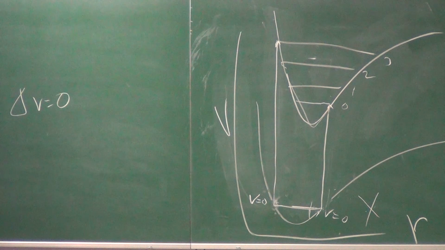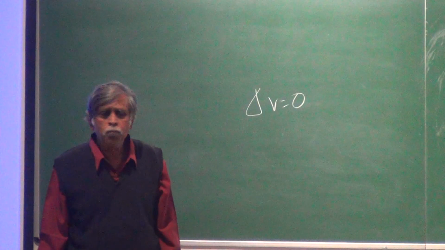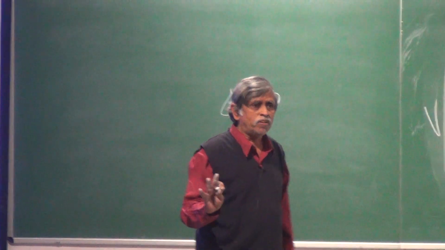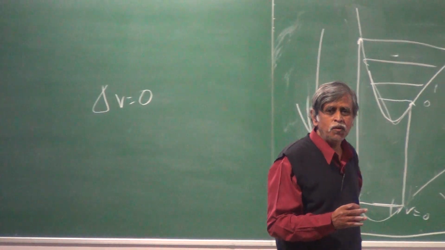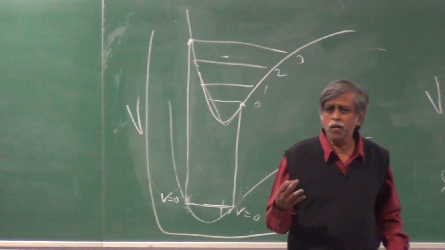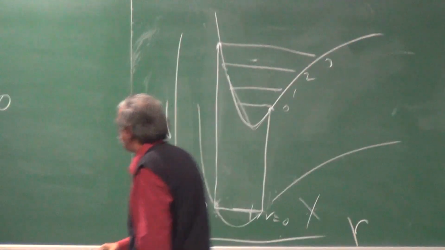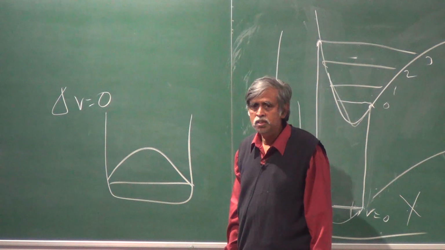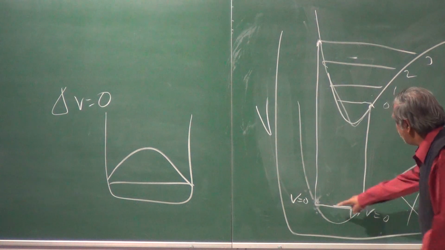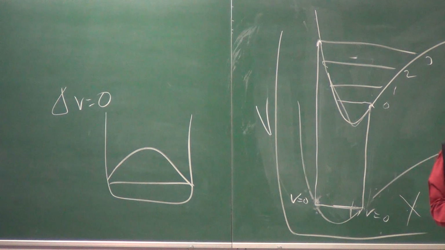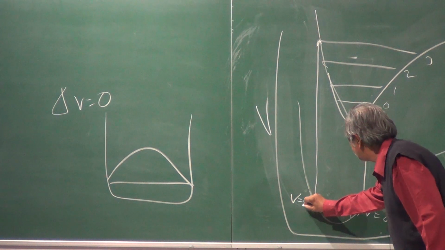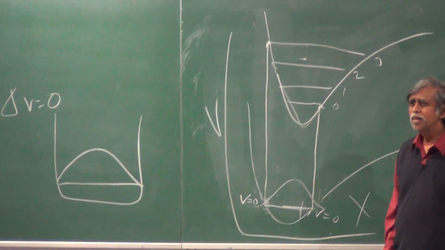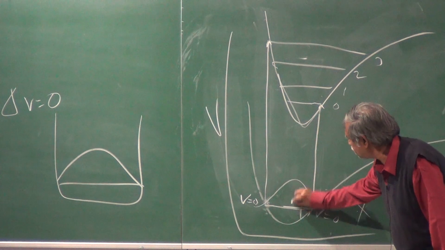But I don't know that you have done the harmonic oscillator wave functions. You have done particle in a box wave functions, right? And what do the wave functions tell you? It tells you where the probability is going to be the greatest. So if I had a particle in the box, which was something like this is my V equal to 0 function. Likewise, you can write wave functions for the vibration levels, and that will actually tell you, like in the first case, the vibration wave function is like this. What does that mean really? It means most of the time the molecule is spending time out here.